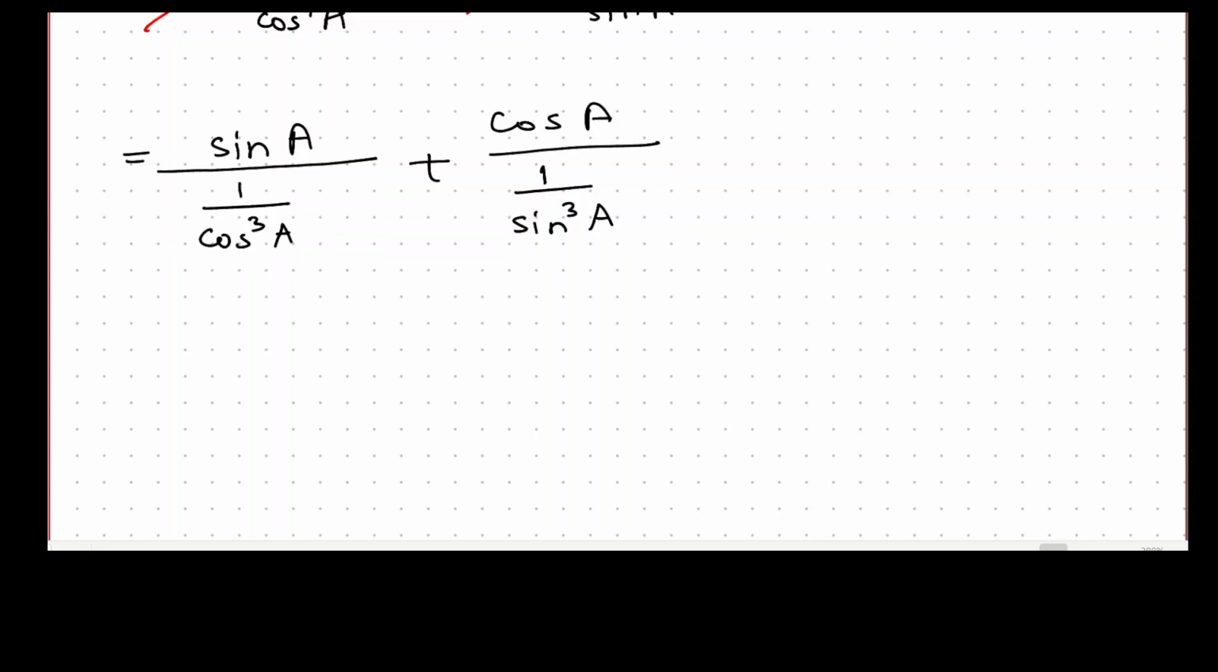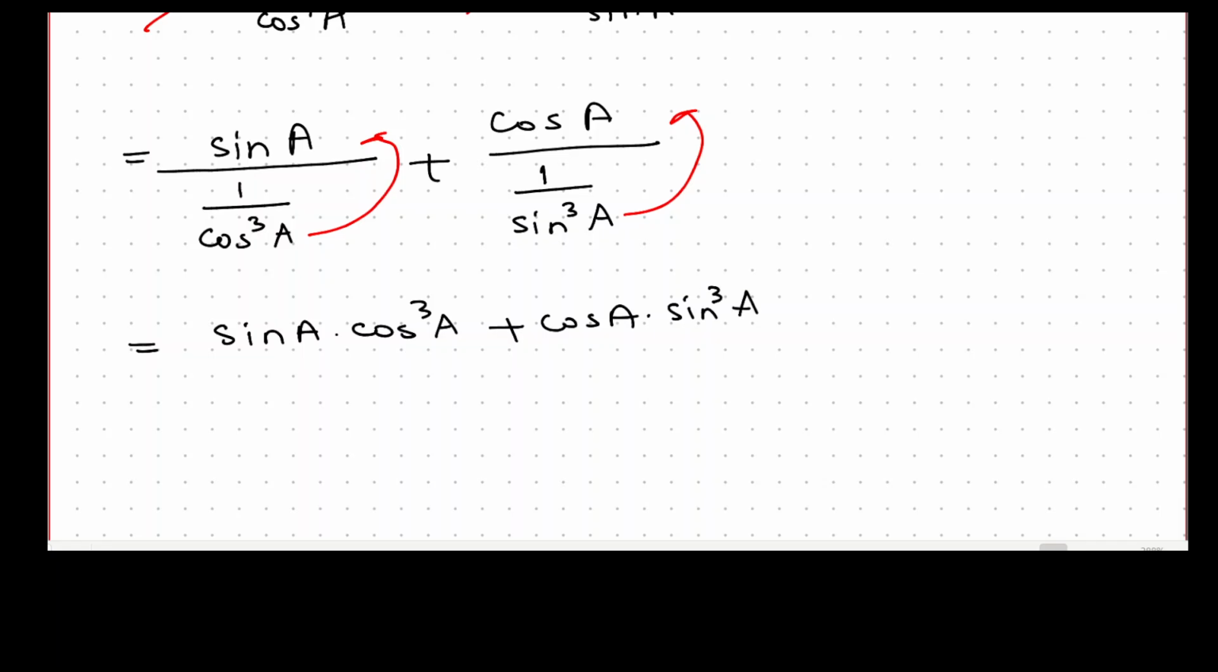Now we know how to solve it. This sin will go up and this cos will also go up. So it will become sin a into cos raised to 3a plus cos a into sin raised to 3a. From here we can take one sin and one cos common, since both terms have sin and cos. So here it will be sin a into cos a, and in the bracket what remains is sin square a plus cos